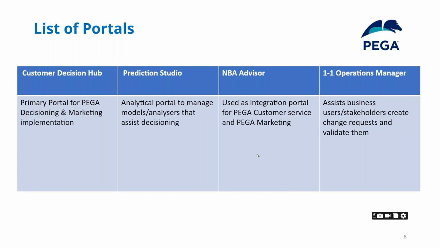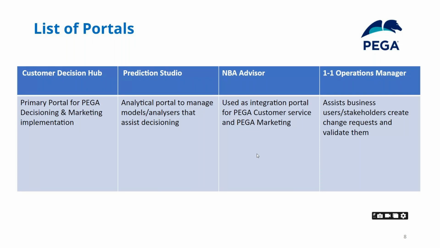So what the Next Best Action Advisor will do is, whatever Pega Marketing offers are there, those offers will be displayed in the customer service portal. That is the interaction portal. I believe you might have used the interaction portal in the customer service framework. Whenever you are calling the customer care, or the customer care is calling you, that is inbound and outbound calls, they can see the Pega Marketing offers on their interaction portal. To do that integration between Pega Decisioning and Pega Customer Service, we will be using the NBA Advisor. That's what the NBA Advisor will do.